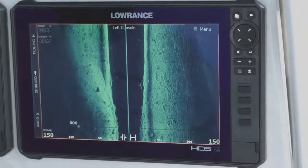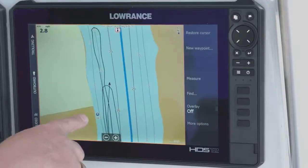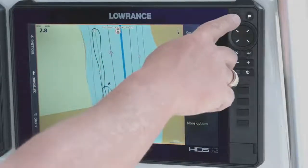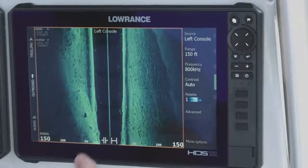So now if I come back through here, I can hit my pages button, and if I look at my chart, there's that waypoint that I just put on the screen. So let's go ahead and go back here and look at our SideScan. I saw something really cool. Now if you look in here,